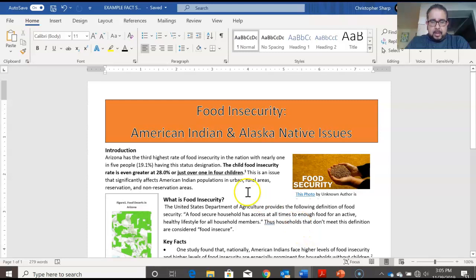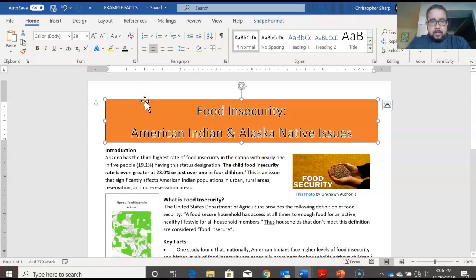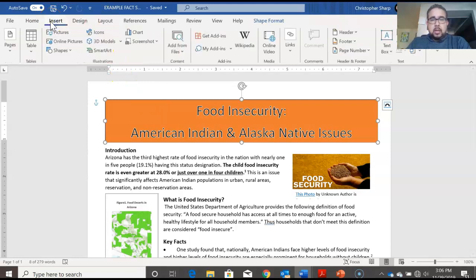So what I've done is I've started on a Word document, and I'll show you what I specifically did in order to make sure that I have enough space on my document, and also to bring in some imagery and creating text boxes and whatnot. So for this, the title, what I did is I inserted a text box. So if you are in Word, you can insert a text box